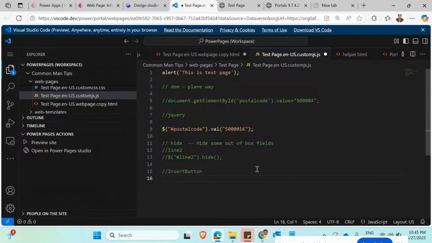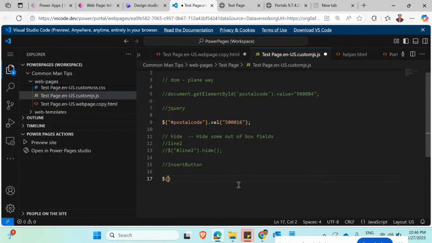So what I am going to perform is, on the click of this button, I am going to check this particular postal code value, whose length should be equal to 6. If it is less than 6 or greater than 6, then I have to provide one particular error. So how we are going to do it is by giving like this. I'm going to use jQuery only. So insert button dot click,